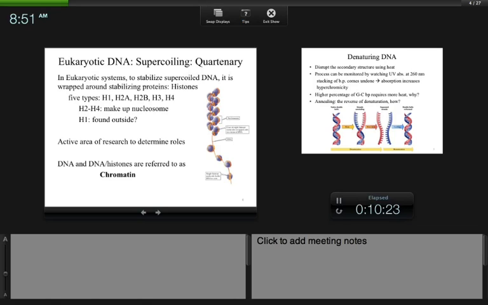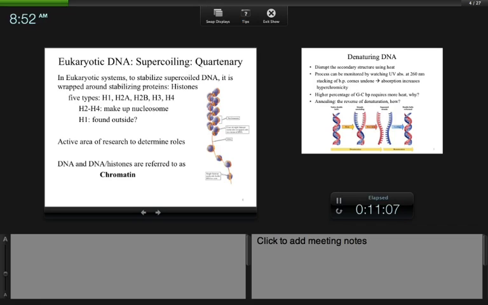And then the H1 is not found within the nucleosome, it's found somewhere else on the DNA strand, which isn't tagged on that structure. Okay. And as your textbook does reference as well, it is an active area of research to decide what exactly is happening. Are the nucleosomes actually stabilizing the DNA, or are they allowing for easier replication? Can they help unfold the DNA in those individual locations to allow for that, or to look at potentially gene expression, or for transcription into the RNA before you can shift into the proteins? So they don't know exactly what's happening there, we just have an idea on what's going on with the